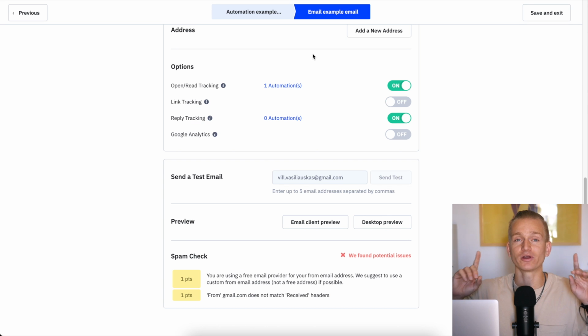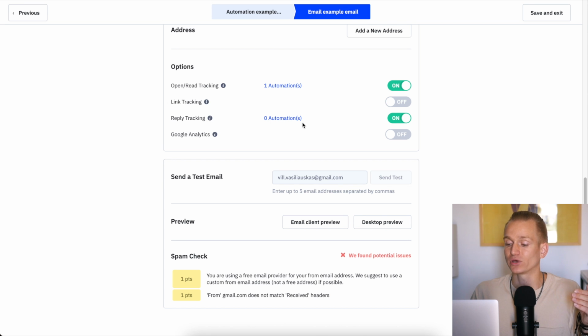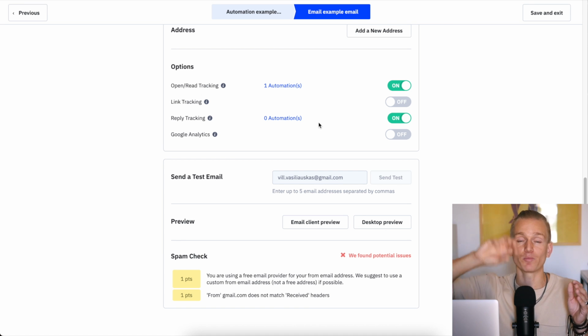One also very important thing when it comes to ActiveCampaign, and this depends whether it's important for your own business, is reply tracking. So when you send out your email campaigns, you can set it up so that when someone replies to your emails, you can automatically put them in a different automation.